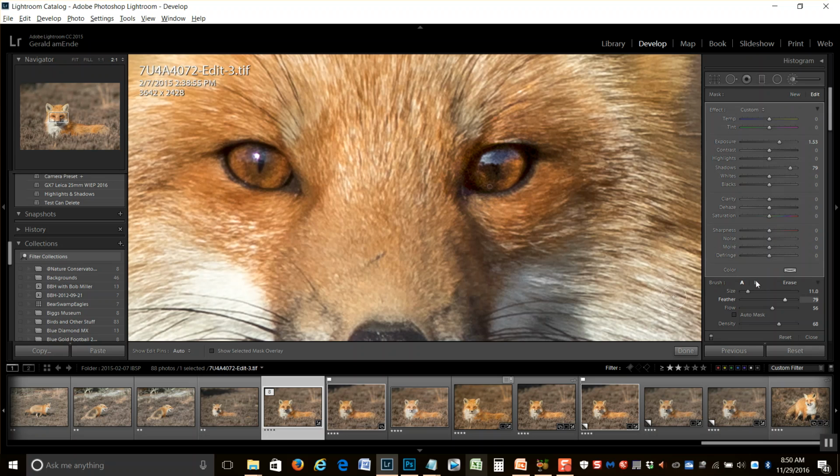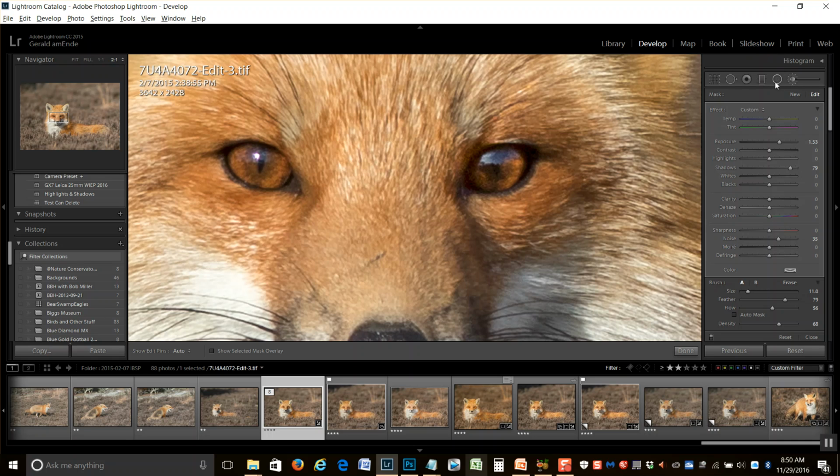The other thing is I'm seeing a little noise in there. I probably want to decrease the noise just a little bit. So that's already a lot better. But what I want to do is process both of these eyes, and rather than, we could use the brush in this case,